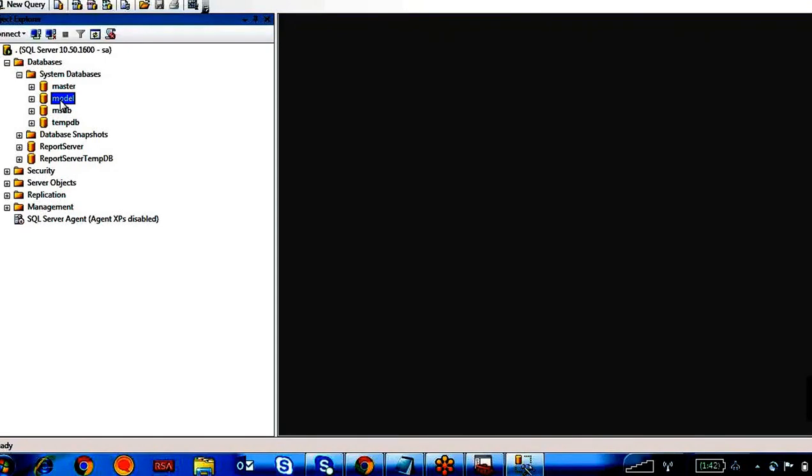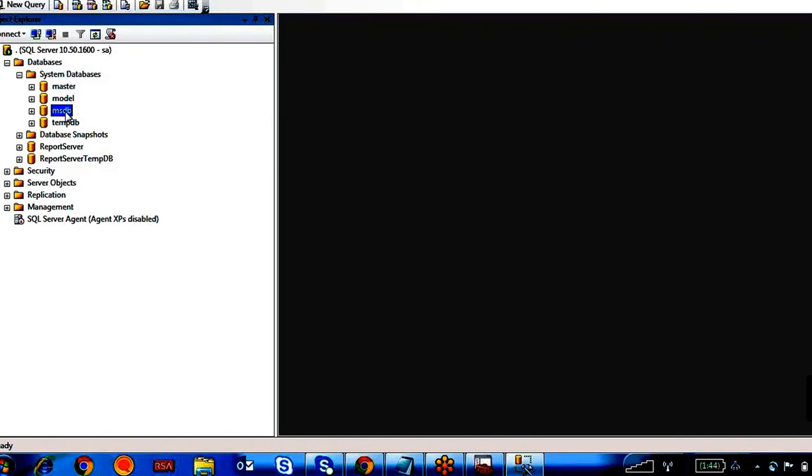For example, if you create 100 tables in the model database, then whenever you create a new user defined database, that database will have those 100 tables, because it is just taking the structure of the model database.